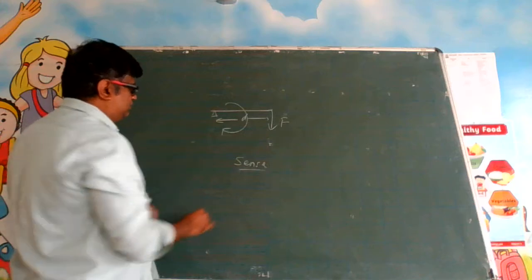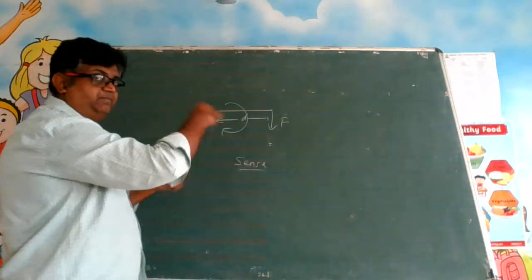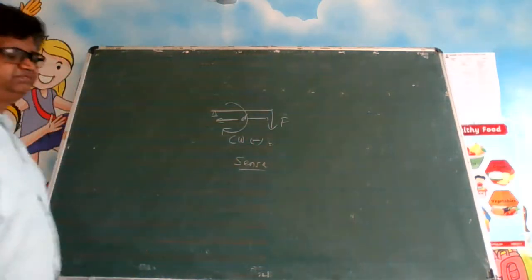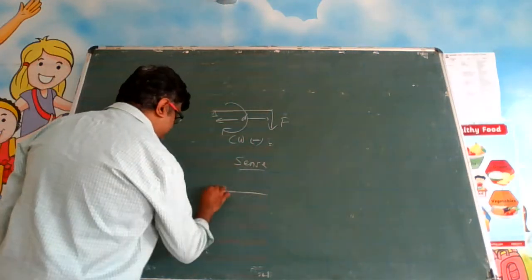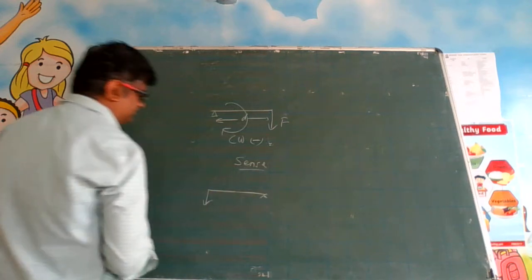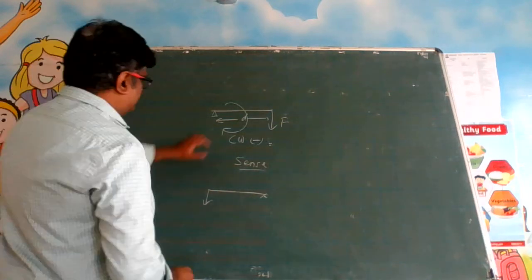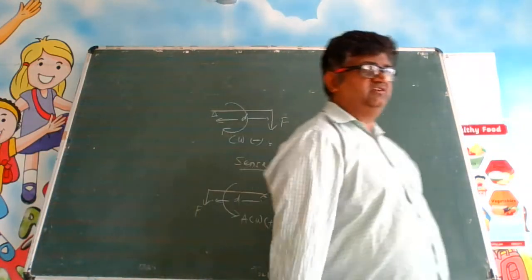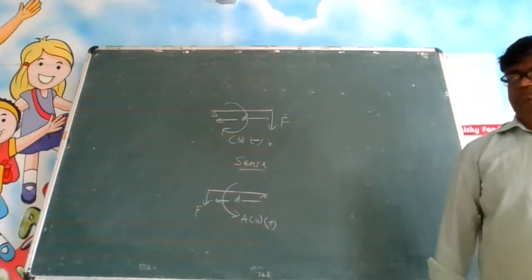So here what did we call this? We compared this with the clock, and this is clockwise. Clockwise we will say minus. Suppose some other situation was there where it was like this. Similarly, in the case of torque also, we take clockwise torques as negative and anti-clockwise torques as positive.